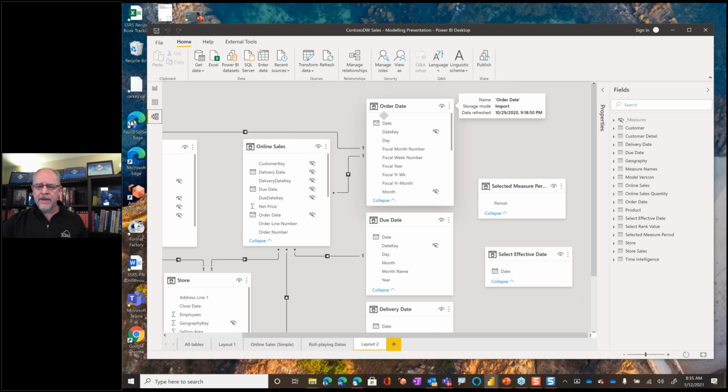But in Power Query, I'm only importing or creating the date table once, but then I have a number of reference tables. So an order date table is just a list of dates. And then for each date, we have the year, the quarter, the month, the fiscal period, etc. Same thing for the due date, same thing for the delivery date. These are exact copies of these tables, what we would call role-playing dimensions. And I created yet another role-playing dimension down here that just has that date column. And that's it. It's just a table for which we can select or group by dates.